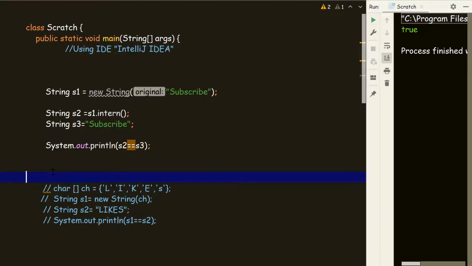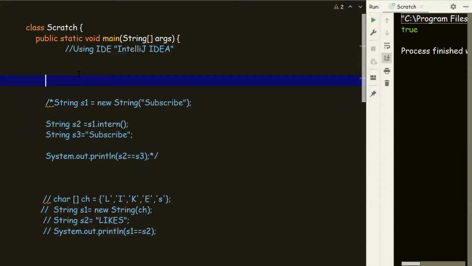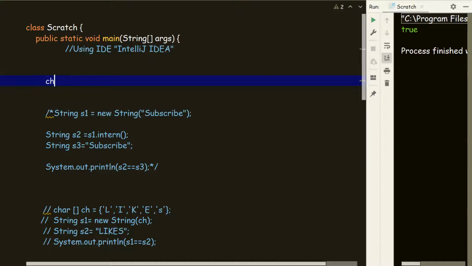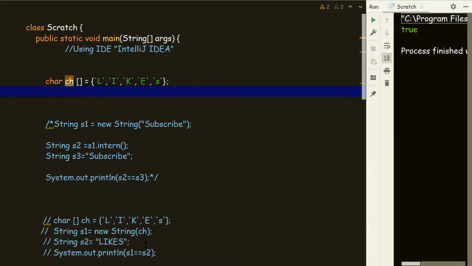I will comment this out, and I will write it again for better understanding. char ch[] equal to "likes", and we created a string.